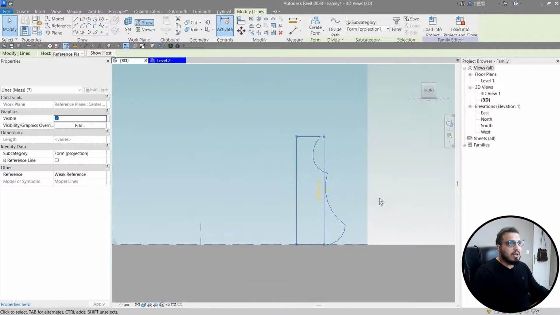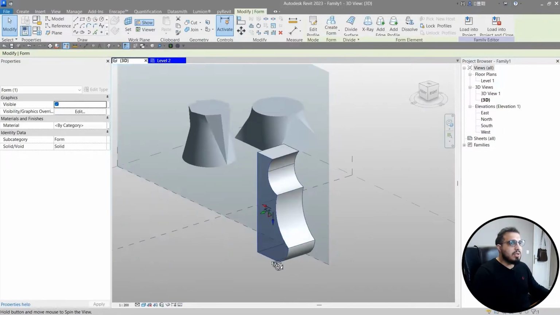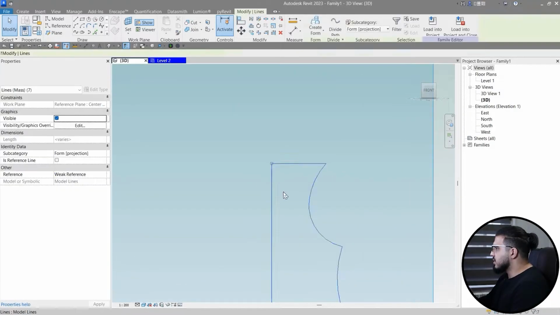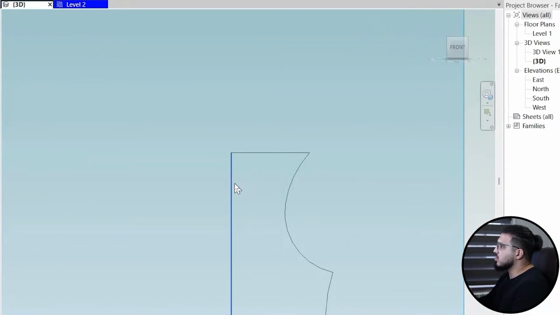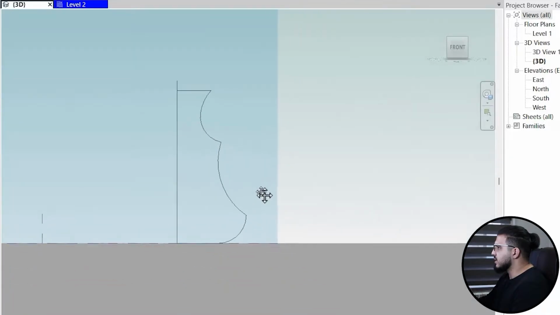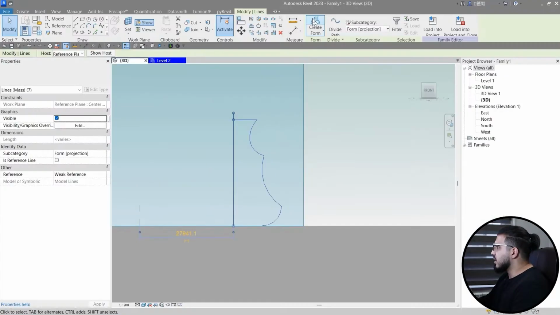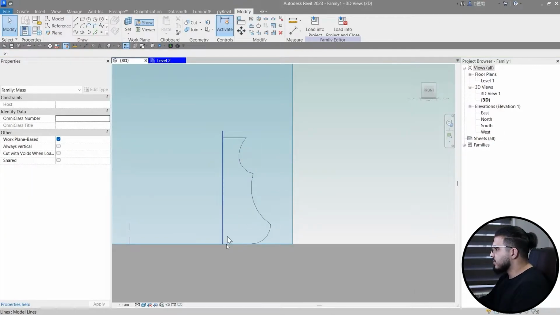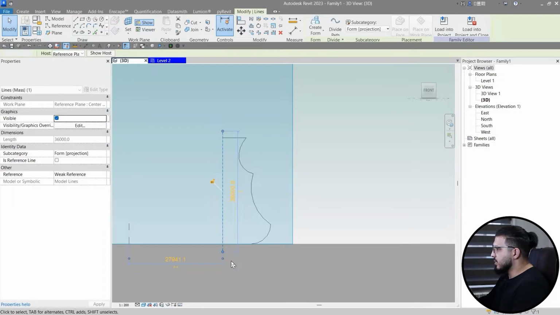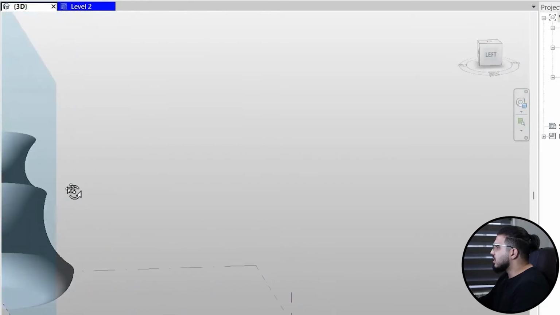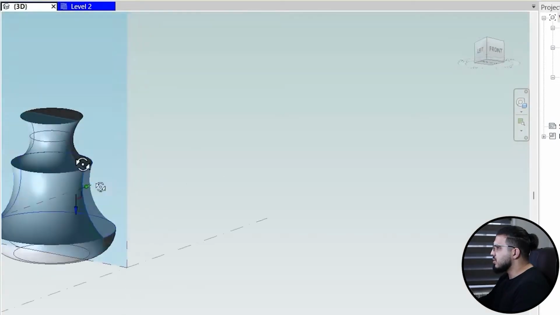When you select it and then you click on create form, you can see it is just an extrusion. But how can we change that? You just need to select this line that you have, press tab once or twice to select this part, and then bring it up a little bit, something like this. And now let's select all of them and let's click on create form. You can see it doesn't work. Let's select the line again and let's bring the line a little bit lower, and let's select this and this, click on create form. Now you can see we have our revolve in here, and that is too easy to